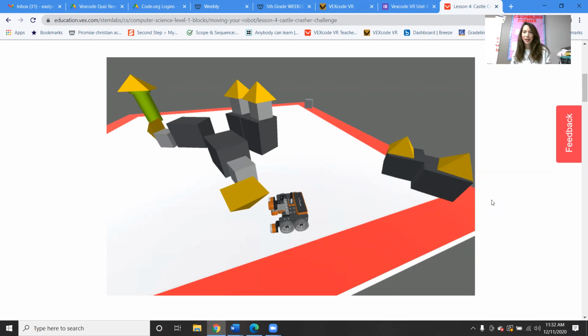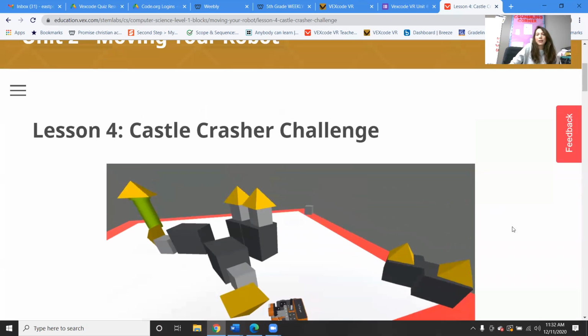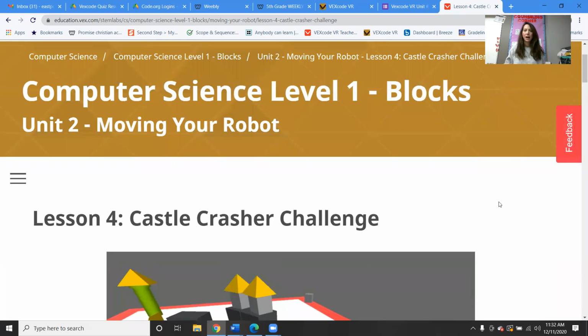This week, believe it or not, we are actually finishing up Unit 2 in our curriculum. What we've been doing is introducing you pretty much to the VEX Code VR, right? This virtual robotics program. And through Unit 1 and Unit 2, we've really been going over some very basic coding skills, right? Learning how to move our robot forward, learning how to turn our robot, and just use those blocks, right? So this is now all coming together, and we are now going to have our Castle Crasher Challenge, where